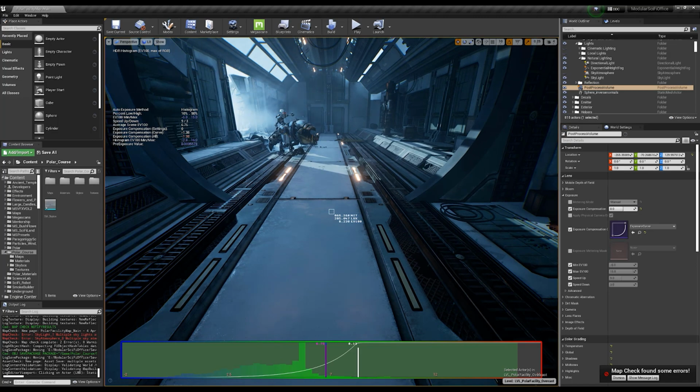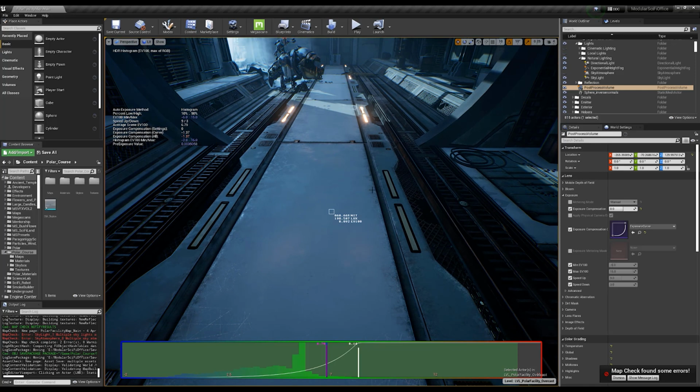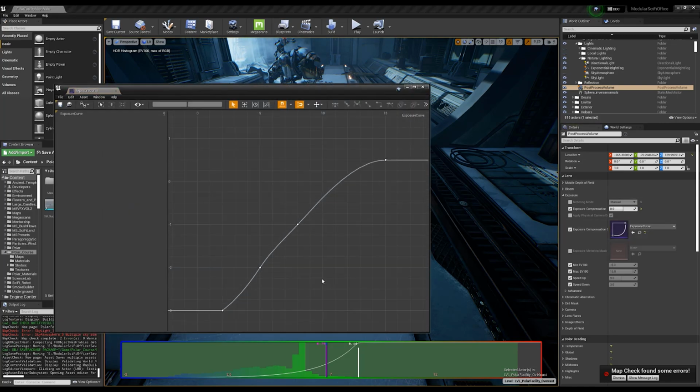And you can see the post-process is on, but the EV is still the same. It didn't really change a lot. Still between 7 and 8. It doesn't make that big of a difference because the physical measurement we see and the histogram is different than what we see as a human being in terms of brightness. So going into the exposure curve, I'm going to delete this one node because we don't really need